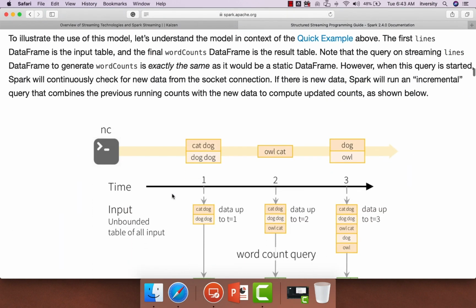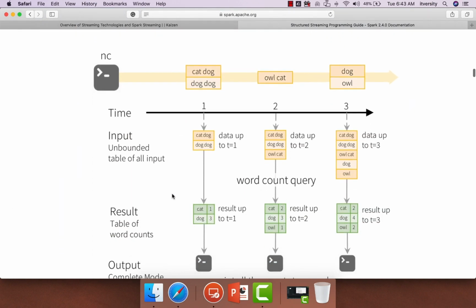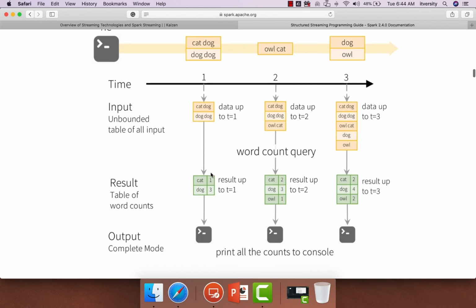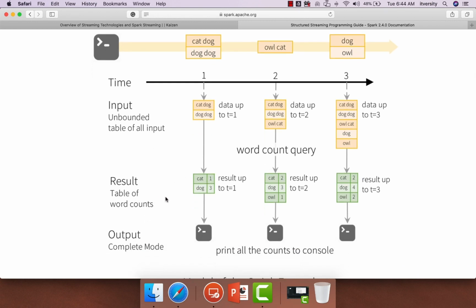That being said, we can scroll down further and look at this picture, which will give us a much better perspective. You can see that as part of the first trigger, we got the records cat, dog, dog, dog. Data up to t equal to 1 is nothing but cat, dog, dog, dog. Then a word count logic is implemented on top of it, and hence the result for this t equal to 1 input data is nothing but cat is 1, dog is 3, and